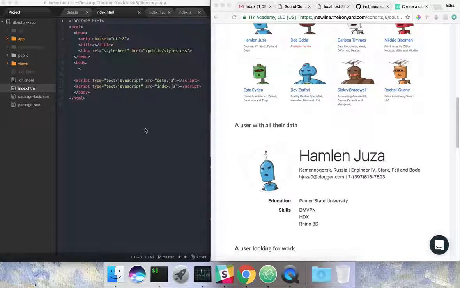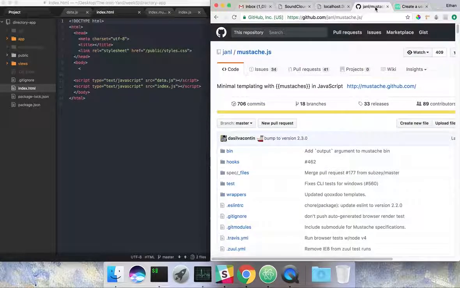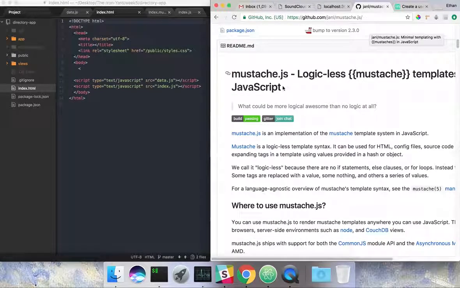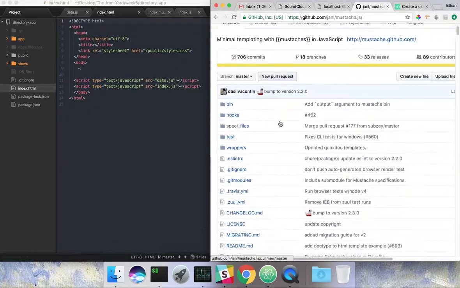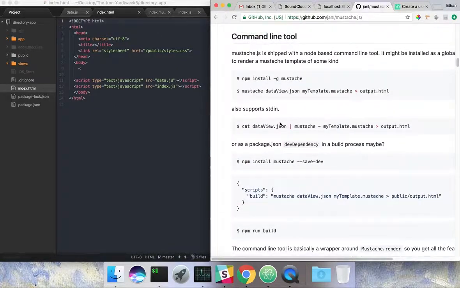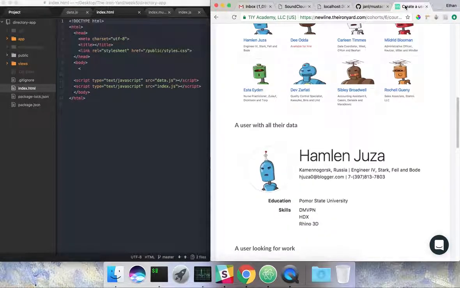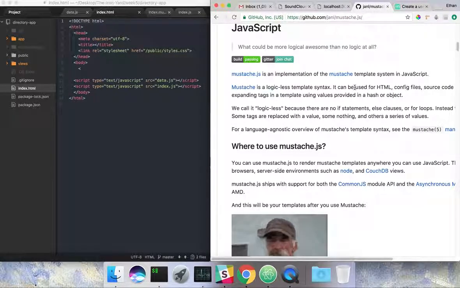This is our first time using the Mustache template, Mustache JS, kind of a template to use with JavaScript on the back end. This is the GitHub information on Mustache. I thought I would walk through this as I'm doing it. This is the first time I've ever used the template, and it was a little confusing as we were getting into it, but once you see what it does, it really makes a lot of sense. It says here in the documentation that